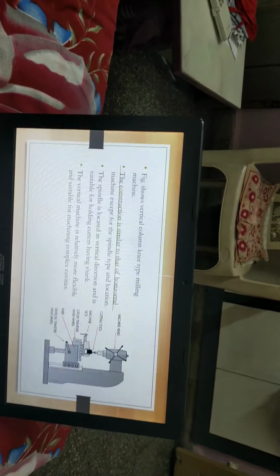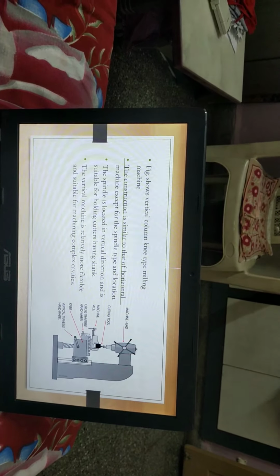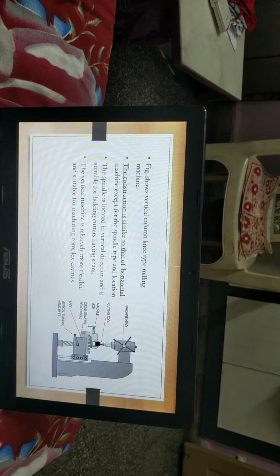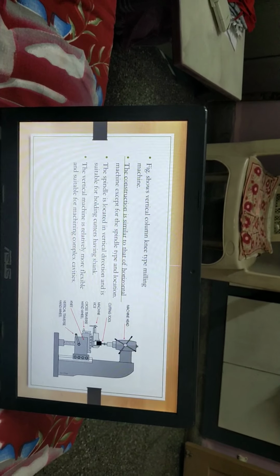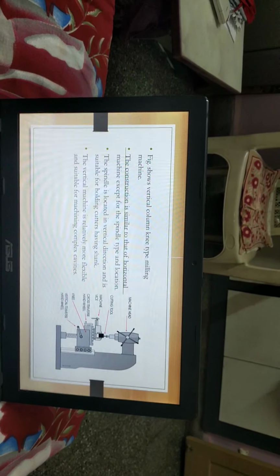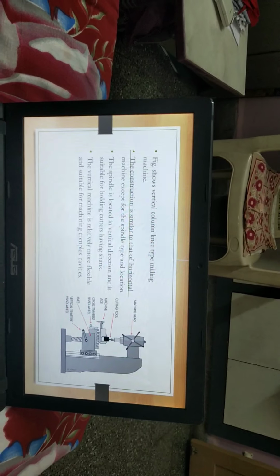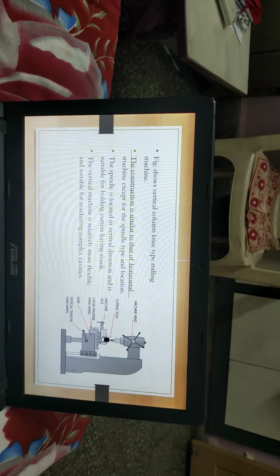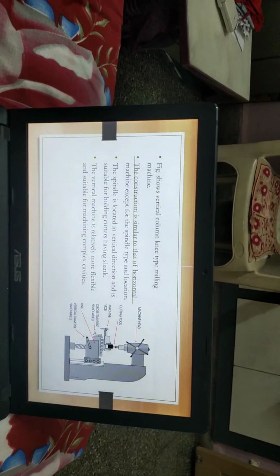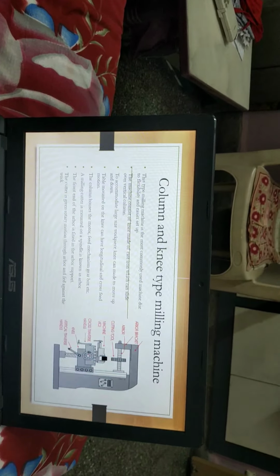And another, universal milling machine, is there in this same type. The only difference is that you can convert a vertical milling machine into a horizontal milling machine, or a horizontal milling machine to a vertical milling machine, as per requirement. We can change. That's why it is called a universal milling machine. This is the major type of classification, and these are the major